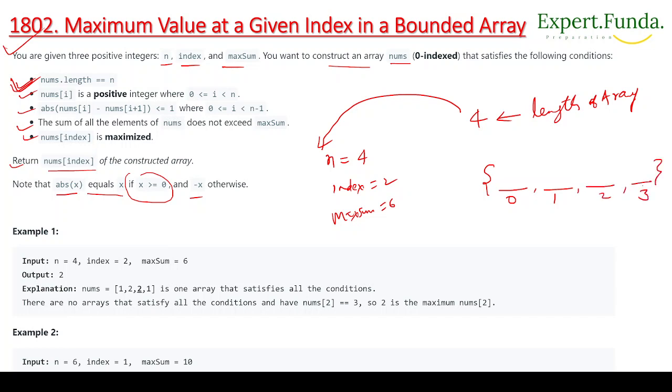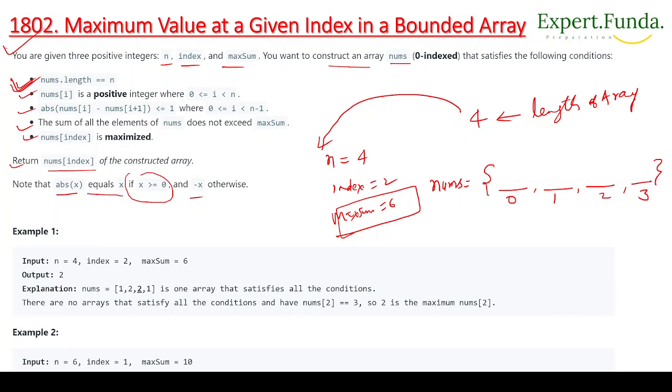These elements we have to fill in nums. Now we have to construct it in such a way that the maximum sum should be 6. So nums[i] is a positive integer,